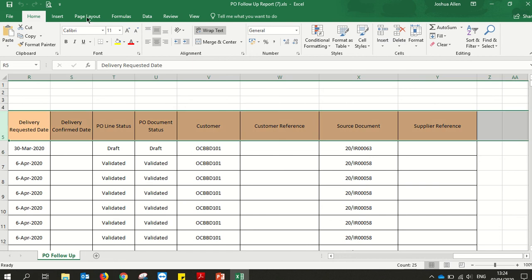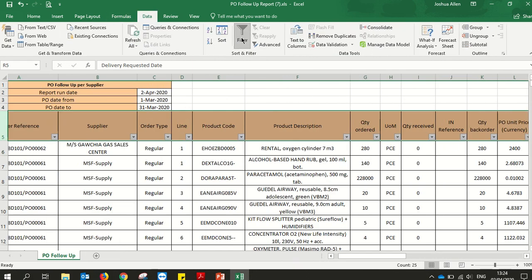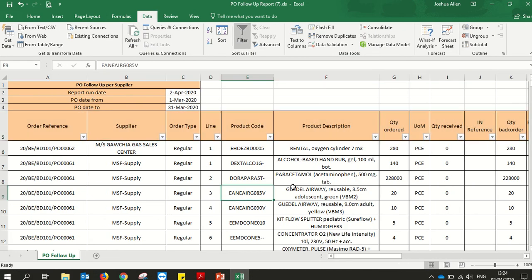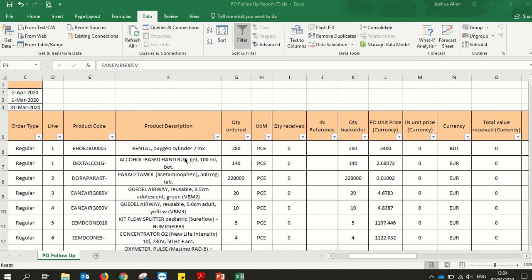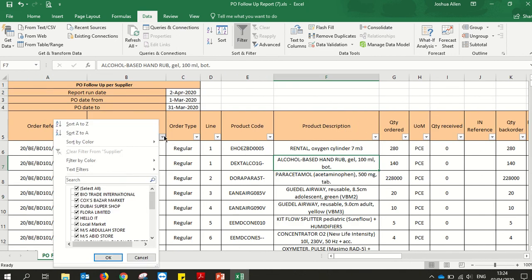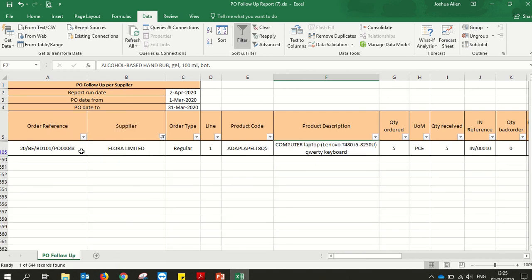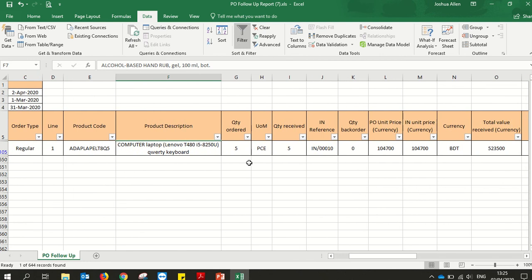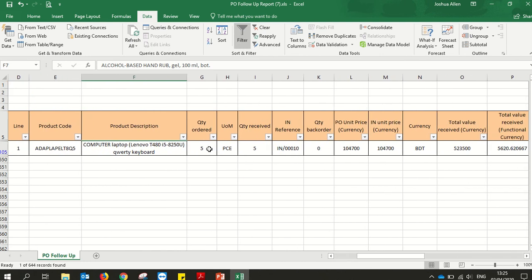So just like before, I like to put the filters in at the header level, and now using these filters you can do several things. You can say I only want to see purchase orders to, let's say, one specific supplier. In this case we just have one PO with one line, and then we could look and we'd see that we ordered 5, we received 5, we received it on incoming shipment number 10. Obviously there's no back order, the price,